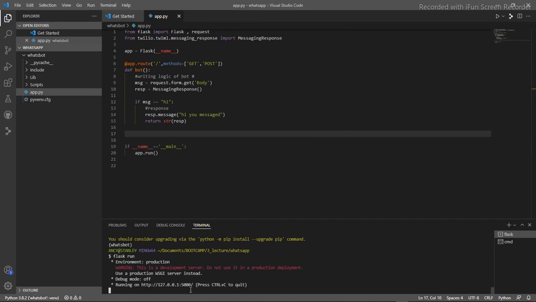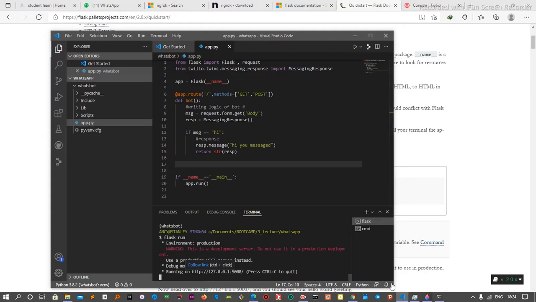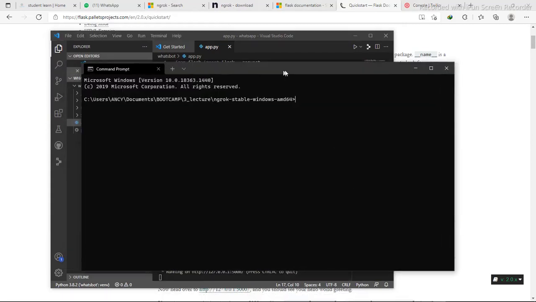Okay, so our server is running. As you can see, it's running on localhost, which is 127.0.0.1, and then on port 5000. So now in order to make our app online, we need to forward this port to an online server. What you're going to do is use Ngrok. So now fire up your terminal and open Ngrok. So remember